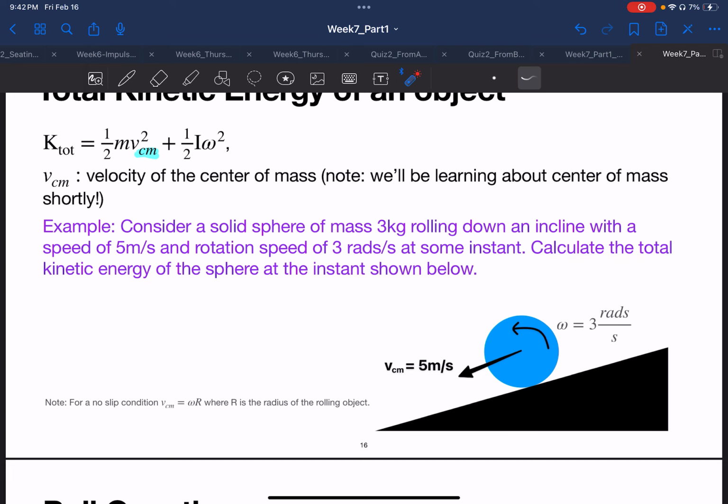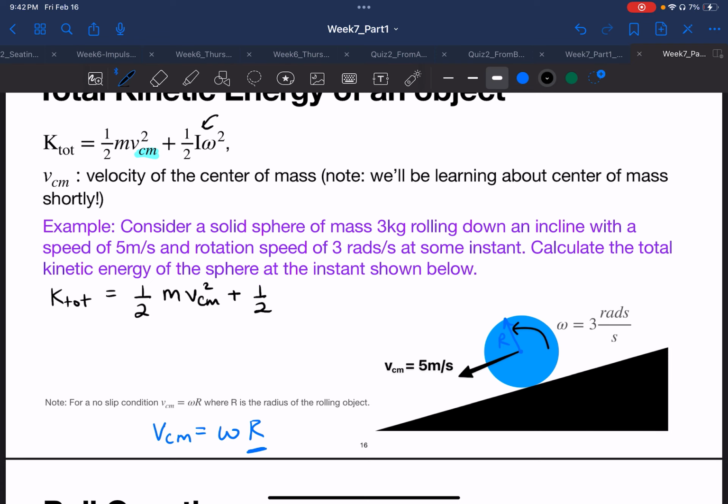So now we're going to be revisiting this concept one more time, but basically for a no slip condition, when something is rolling without slipping, we know that the velocity of the center of mass is equal to omega times R, where this capital R is the radius of that object. So this is a condition we'll revisit, but for this problem, we're going to go ahead and use it and calculate the total kinetic energy. So the total kinetic energy is going to be 1/2